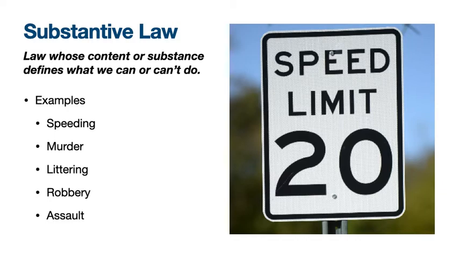There are laws that say what the speed limit is as you're coming through town, as you're on country roads, as you're on the interstate, however you're driving places. That is an example of that type of law. Obviously, you've got more serious ones, the idea of murder, robbery, or assault, but it goes all the way down to littering. So anything that the city council, the town council, the state of Indiana or the federal government would make defining what you can or can't do is under this category of substantive law. And so that's, like I said, going to be the one we have the most experience with.